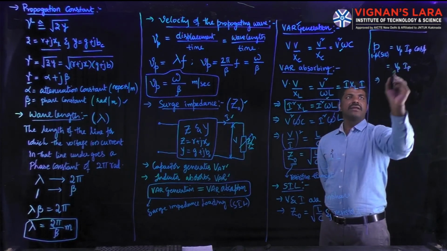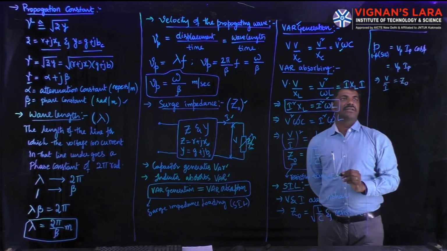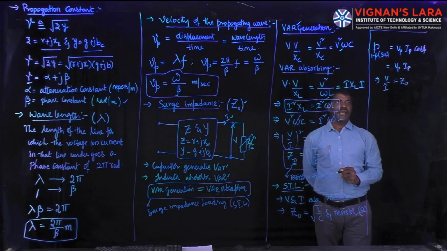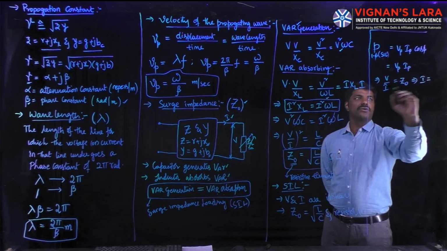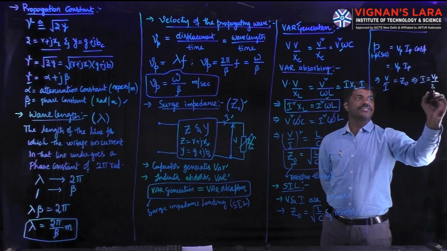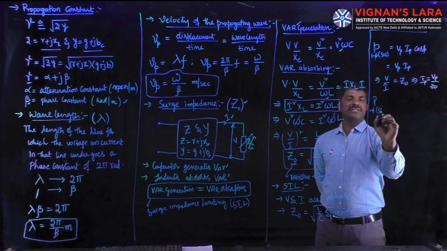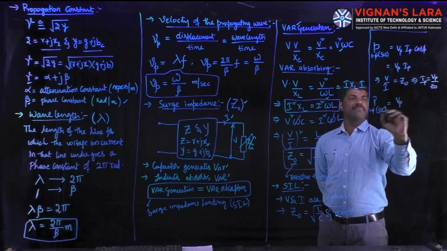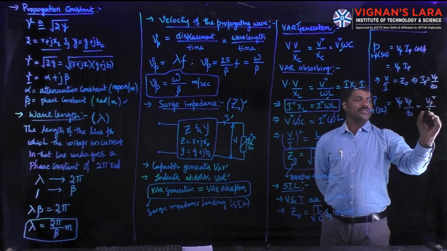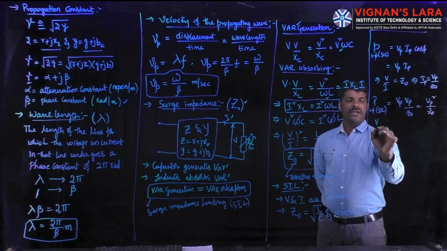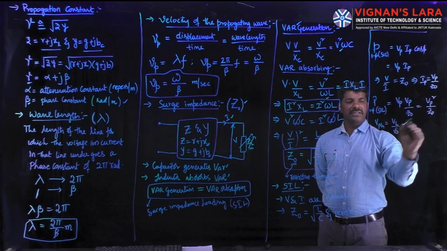Then what is this I phase? As I know that the voltage V by I is equal to Z0, characteristic impedance or surge impedance, V by I is equal to Z0. From here I can write this I as I is equal to Vp by Z0. This is Ip value. Then the single phase power with the surge impedance loading can be considered as Vp. Ip I am substituting as Vp by Z0, which is equal to Vp square by Z0. We also know that the V phase is equal to VL by root 3, if this is for star connection.